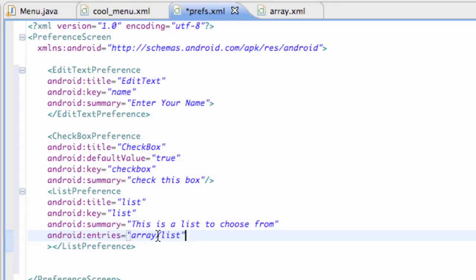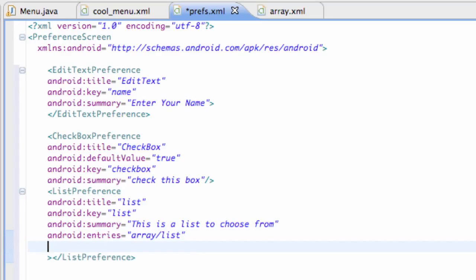So let's say we want one of those items to be checked to start with, and what we're going to do is set up something that's going to refer to the list values for the most part. So we're going to set up something else called android:entryValues, again this is within our list preference, and we're going to say, again, refer to another array. So we're going to say array / L values or something like that,